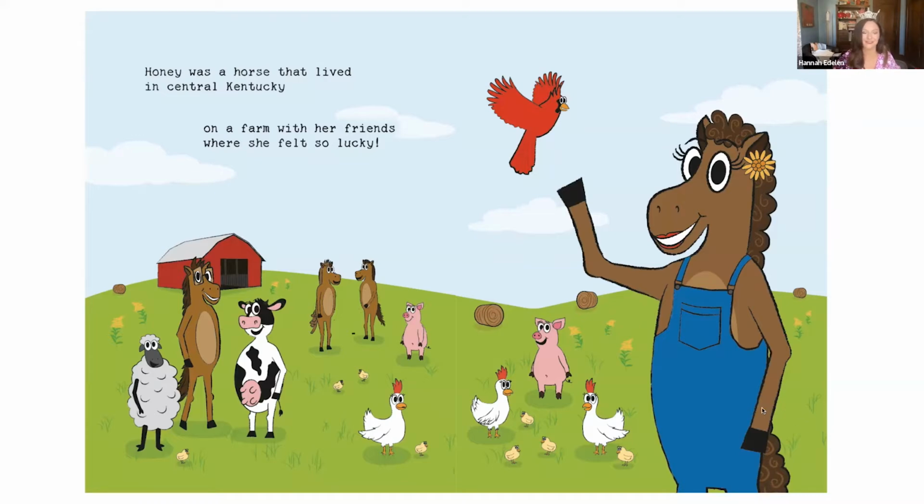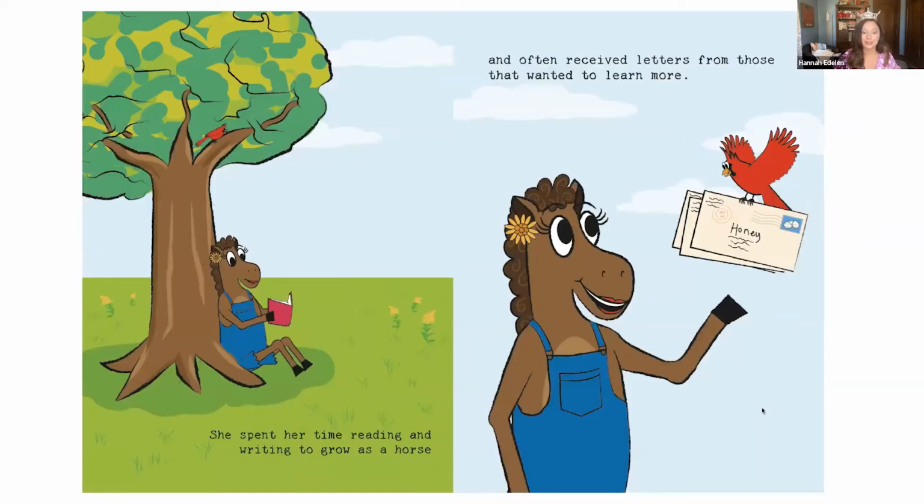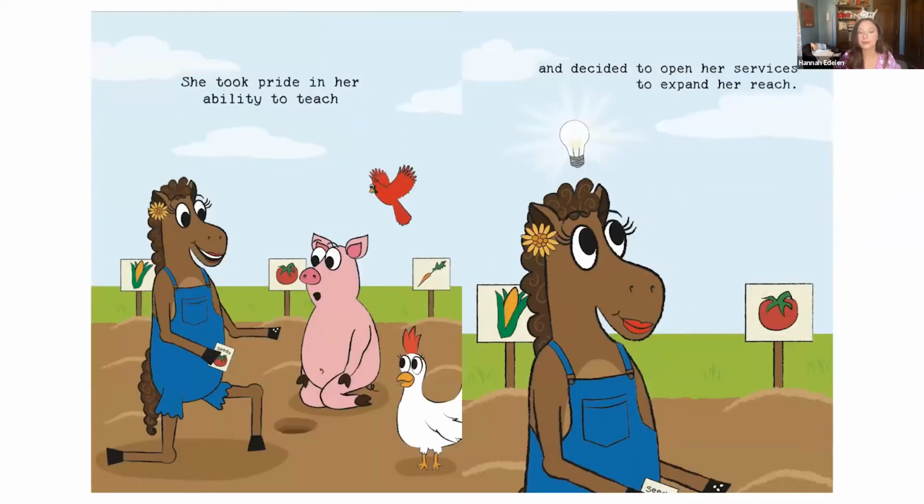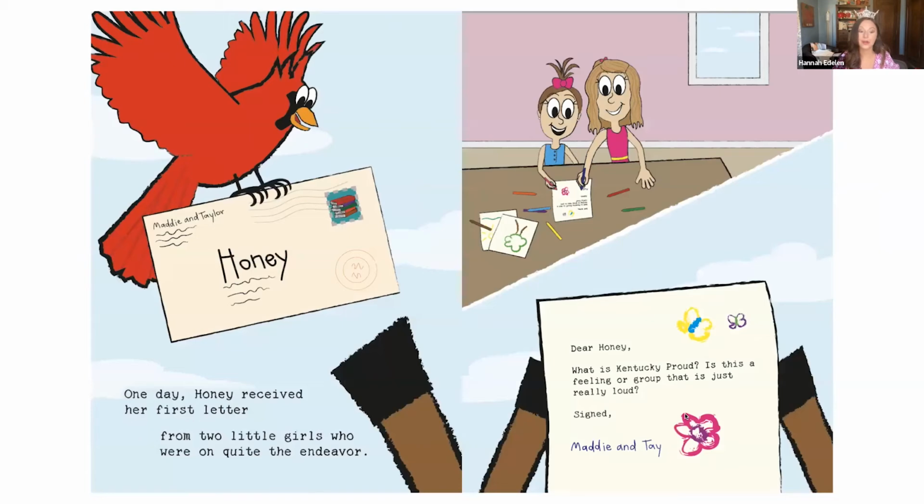You all. Oh, awesome. She spent her time reading and writing to grow as a horse, and often received letters from those that wanted to learn more. She took pride in her ability to teach and decided to open her services to expand her reach. One day, Honey received her first letter from two little girls who were on quite the endeavor.